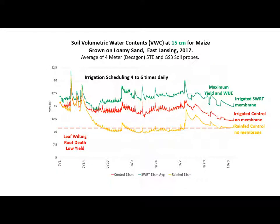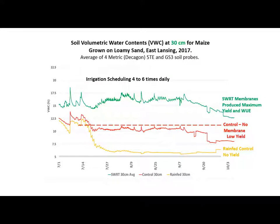So these are the definitions that we find across the fields. This is just one that we took this past year. If we look at the installation of the subsurface water retention technology, we call it the acronym SWRT, and it's irrigated, we can retain enough water in that soil at somewhere in the neighborhood of 17 to 20% at a 15 centimeter depth. If we just have rain fed in that same sand, we're well below this red dash line where we're losing yields, perhaps total losses. If we move now down to 30 centimeters, we will see that we're holding a little